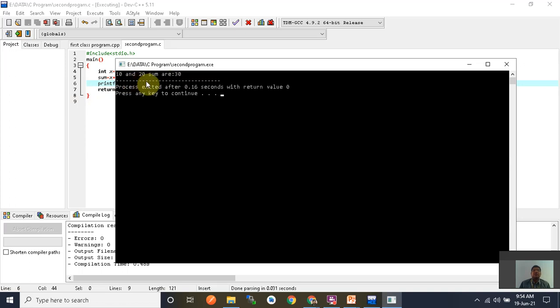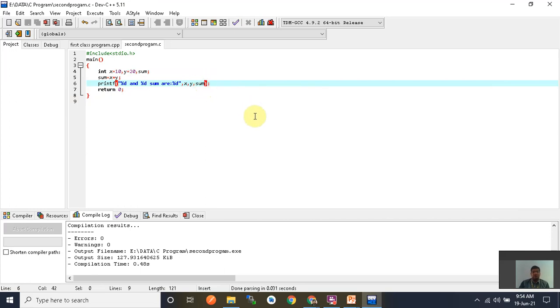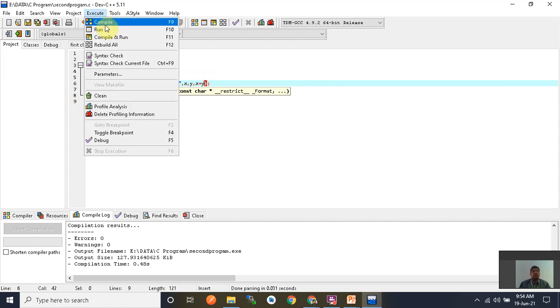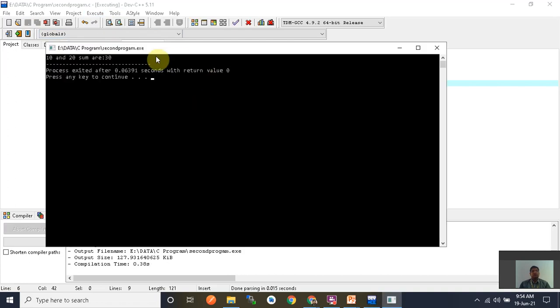Automatically x plus 20 is placed here. You directly perform this to x plus y here, and you don't use the sum, so you execute this. Same result is the outcome.